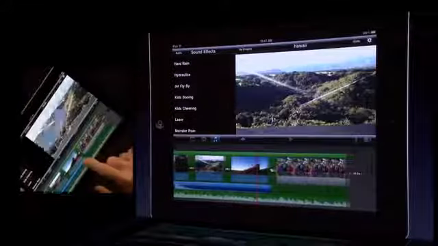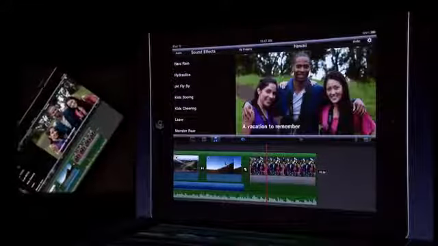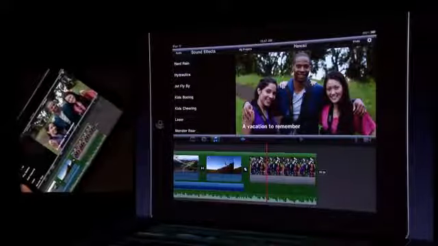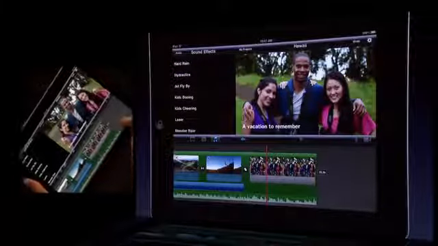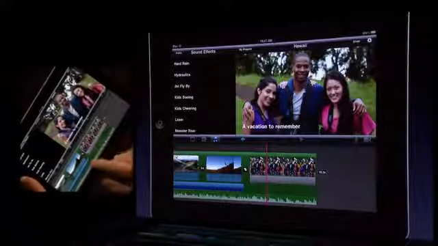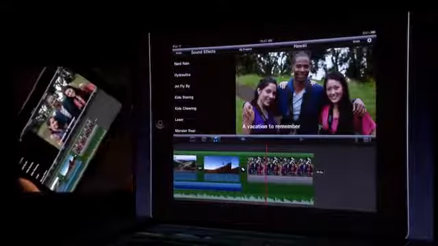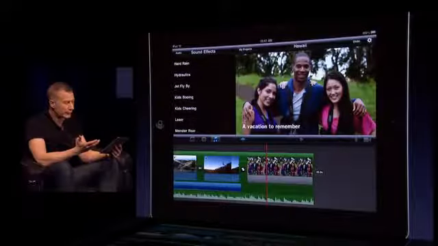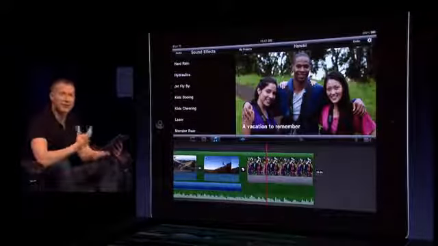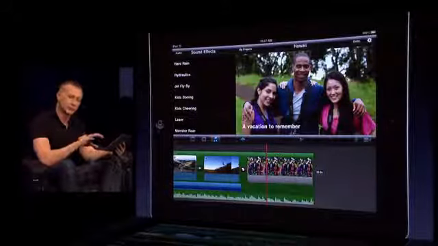Now, we've been looking at one of our new themes. We have 3 new themes that gives us a total of 8. This one's called Simple. And as you might imagine, it's simple. It's got plain white text and just fade through black transitions. Looks really nice. We also now have titles over stills. Speaking of stills, we also do face detection on stills. So when you place one in your timeline,